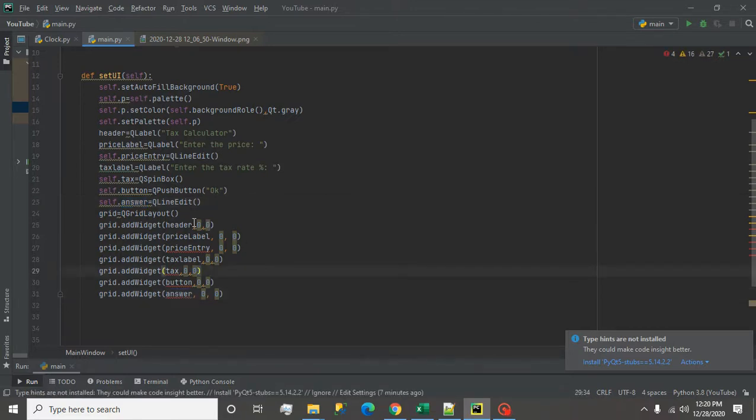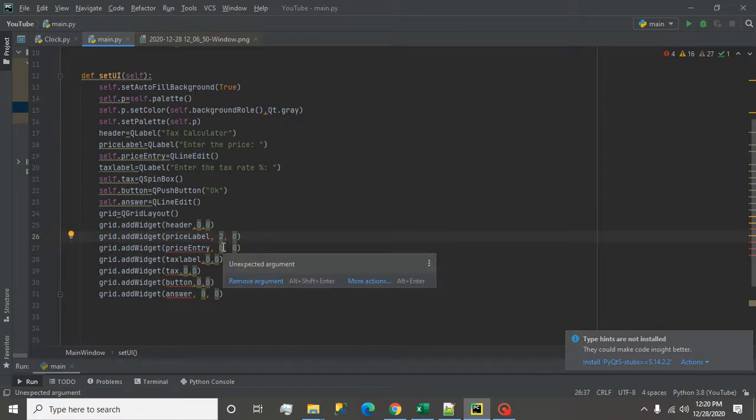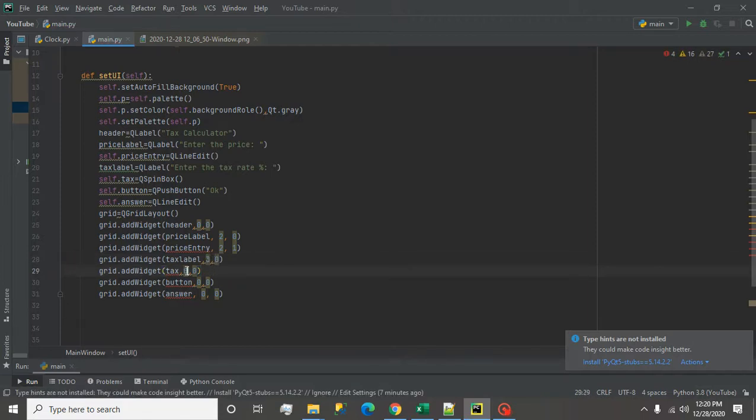Now I have to change the positions. For header I have given 0 comma 0. For this I give 2 comma 0, okay, 2 comma 0 is fine, and here I write 2 comma 1. Here this should be 3, and this should be 3 comma 1.